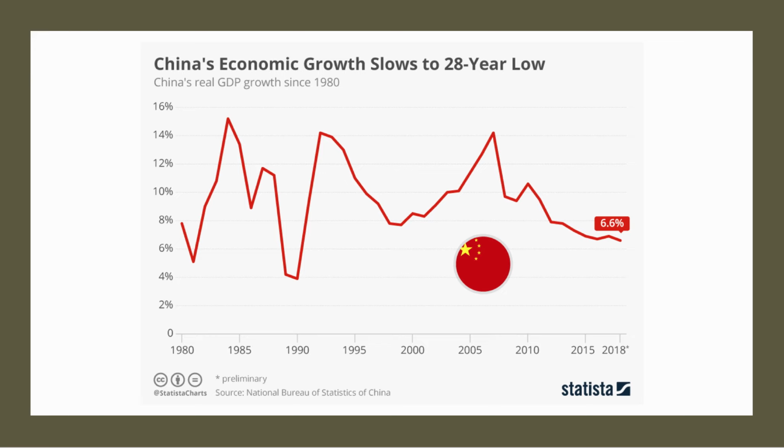You can see the rapid growth, particularly that period from the late 1990s through to the financial crisis in 2008. China grew by 14% in 2007. Since then, the rate of growth has clearly slowed down. Indeed, 6.6% in 2018 is the lowest rate of growth since 1990. Clearly, this is not a recession by UK standards, but it does mark a clear change in the pace